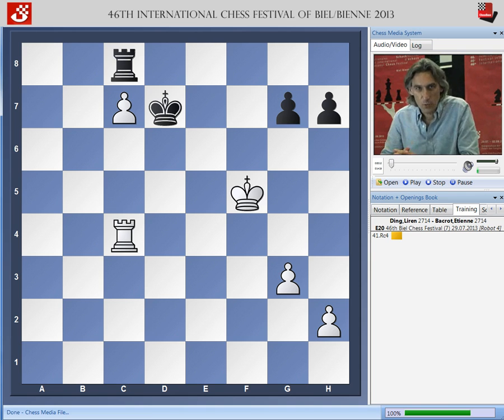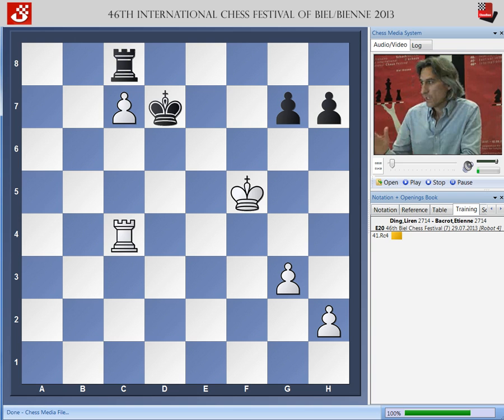Today in Biel we had 3 very long games, so I'm just going to give you little snippets actually from all 3 of them. Let's start with the clash of the top 2 players, Liren against Etienne Vachier-Lagrave. Liren gradually gained control in this game, and after move 40, the time control, it looked like he had a